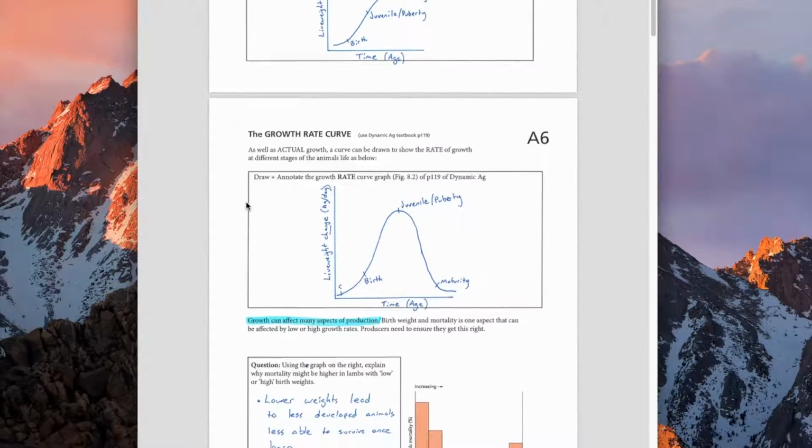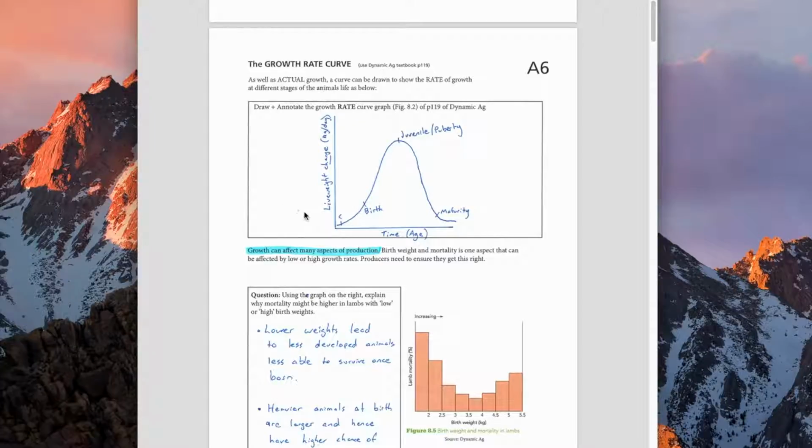This one is slightly different. It's the growth rate curve. So it's basically the change in the amount of growth each day. It's showing the same information, but it's the amount of change per day. So that's why it's the growth rate curve. At conception here, their weight increases per day. At birth, their weight's increasing very fast, and you can see they're increasing most per day when they're in the peak of their juvenile or puberty phase, and that's when they're most efficient. And then their food conversion efficiency drops off